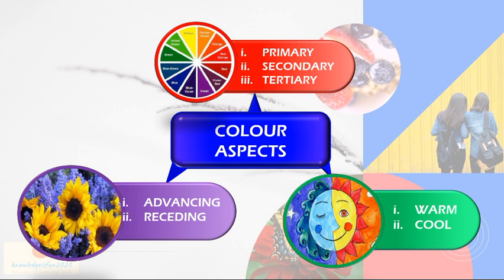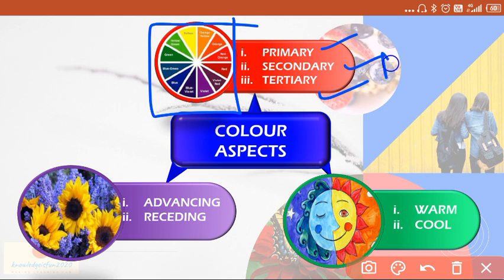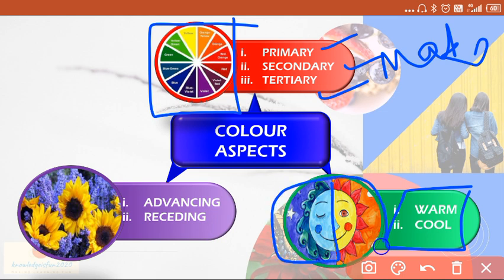Now, what we are going to cover is color aspects. We'll talk about it in 3 points. First is primary, secondary, and tertiary. Don't forget this color wheel. From this we make primary, secondary and tertiary. Here comes how we actually make colors. Then you have warm or cool colors depending upon the temperature of the colors, the perceived temperature. In this picture you can identify these would be cool, warm colors.